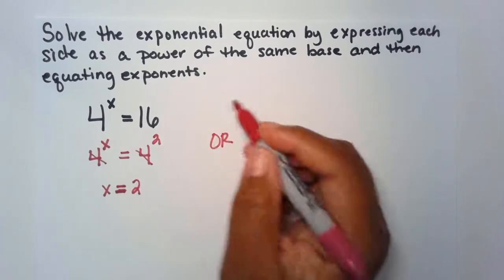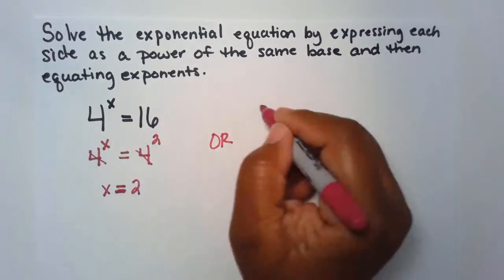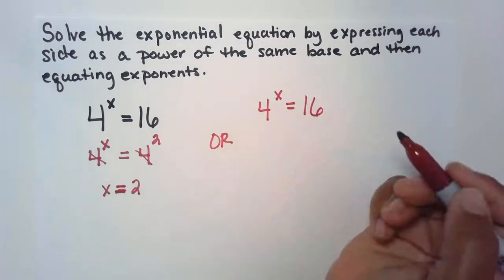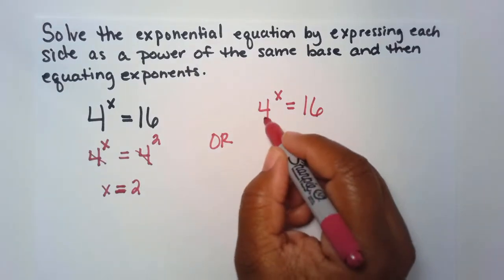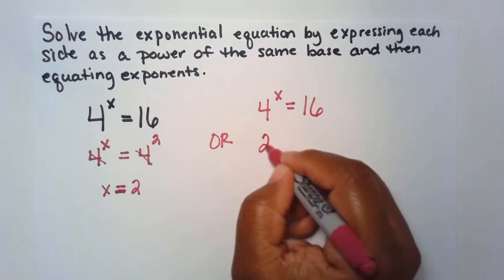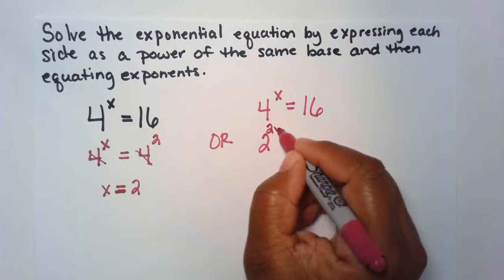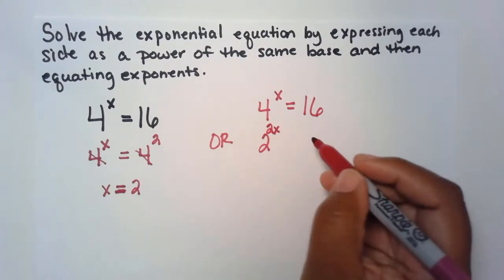Now, we can do it this way, having a base of 4, or what if I wanted to solve this equation that has a base of 2 instead? So we need to convert each side with the base of 2. So I can say to convert 4 to the x power with the base of 2, I would say 2 to what power would give us 4? So 2 squared, we have the x that's already there, so that would be 2 times x, which is 2x,